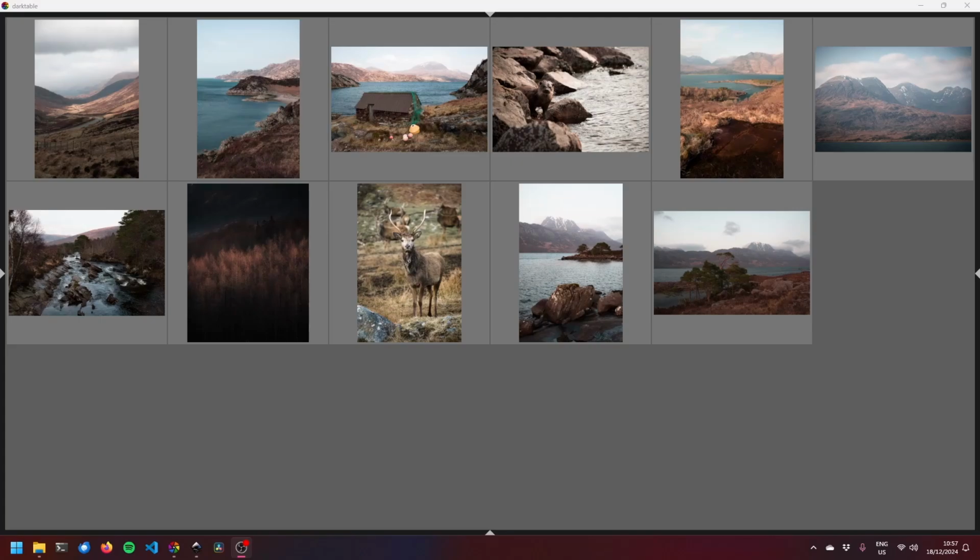Okay, so I have gone through a collection of photos all from the same shoot at a place called Torridon in Scotland, northwest Scotland, a beautiful spot. And I was going to show how I process these, but really it's much the same process as you've seen in all my other videos, more or less. So I did record that, and then it was mostly me going, I'm going to do this, I'm going to do that. So do check out more or less any of my other videos and you'll get an idea of